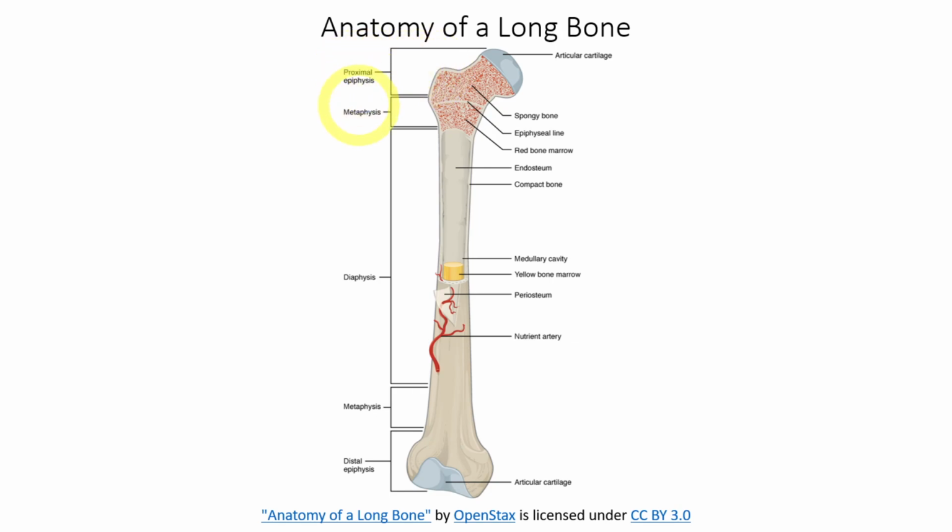Then you've got the metaphysis, and you could call it the proximal metaphysis, just to clarify. And it's divided from the epiphysis by this structure right here, this line, the epiphyseal line. It's a line of cartilage that makes up the growth plate, and eventually it kind of grows in with bone past a certain age. So this whole top part here, both of these parts, epiphysis and metaphysis, and it's the same down here too, they're full of